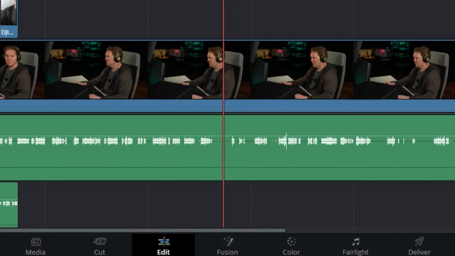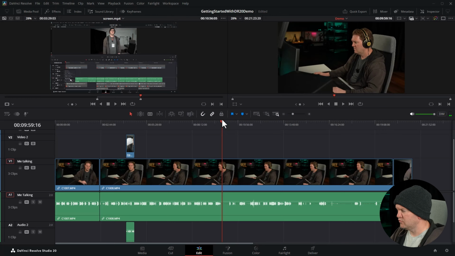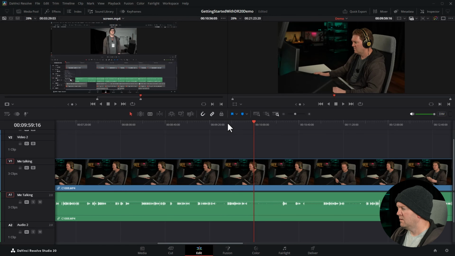Here's how to cut out mistakes in DaVinci Resolve or remove portions of a clip in the timeline. In this clip here, we've got a lot of space that we want to cut out. I'm going to use Ctrl+ on the keyboard to zoom in. I'm going to select the clip so it turns red and move the playhead where I want to start cutting